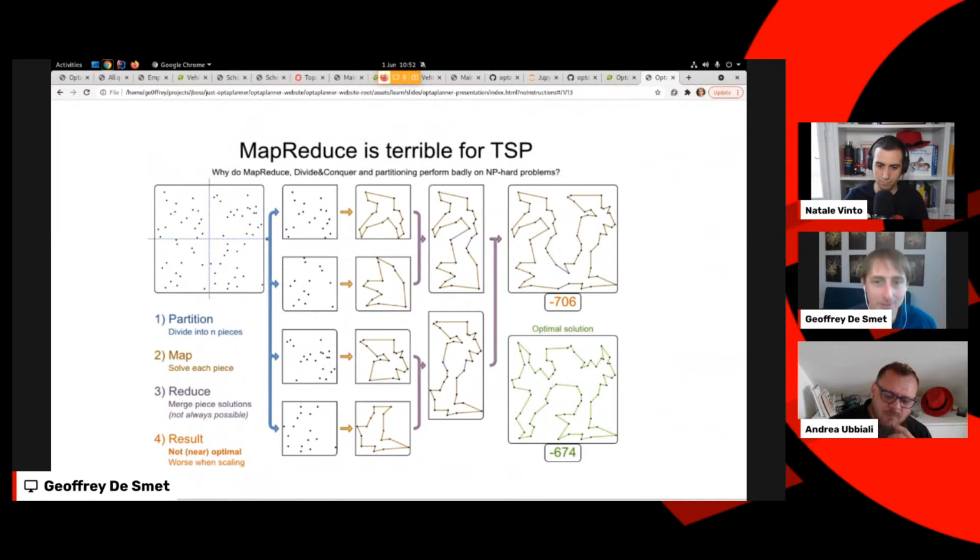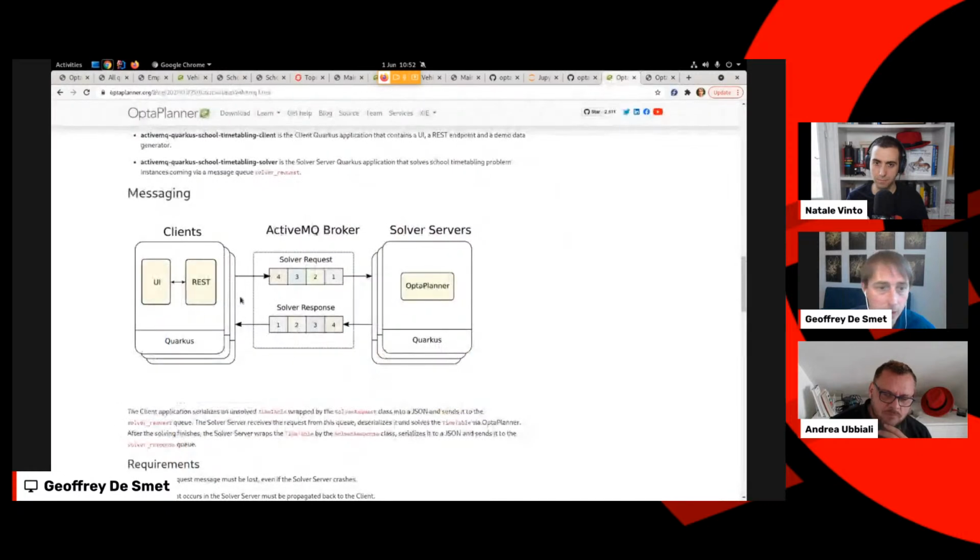Earlier, you mentioned that you're also working on a Knative version. Yes. The Optaplanner operator that's scaling to 0, right? That basically means, so this is an ActiveMQ example, which you can find here, but the Optaplanner operator approach does not use ActiveMQ.